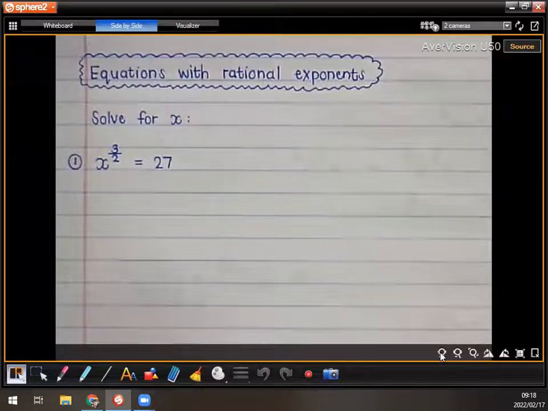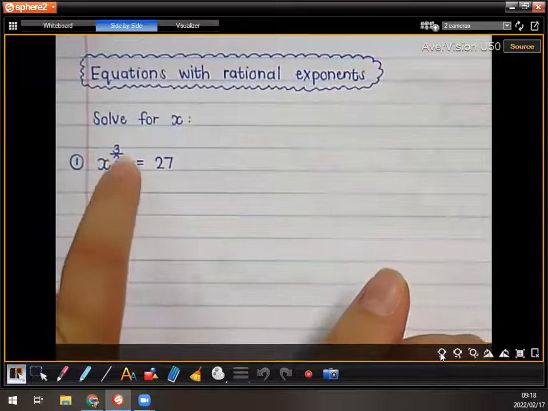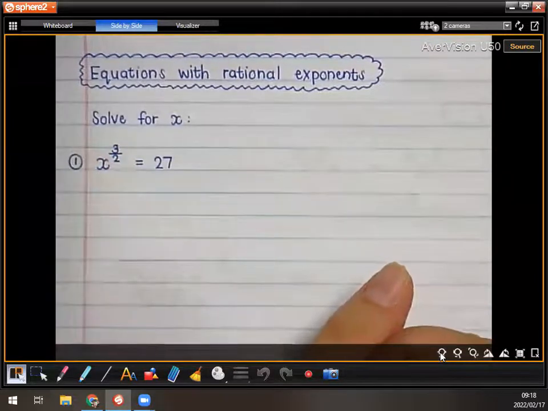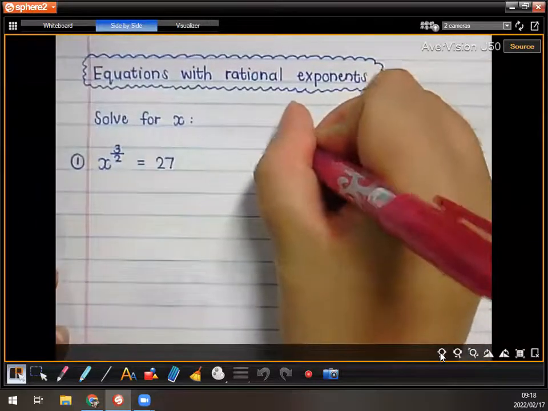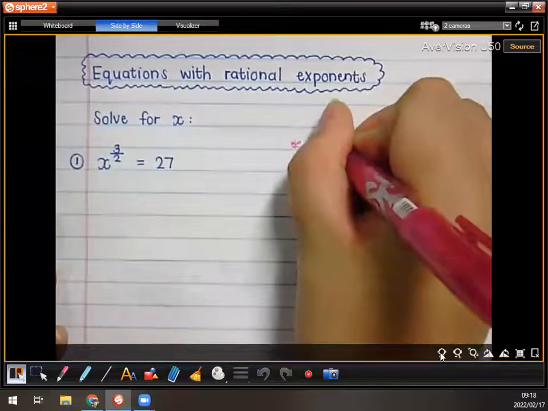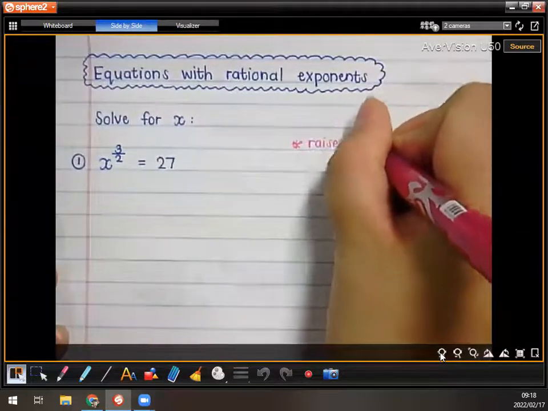Right, guys, you remember when we did surd equations, right? When we had the square root of x is equal to a number, we raised both sides to the power of 2. We squared both sides to cancel out that square root. You remember that? We're going to do a similar thing here. We are again going to raise both sides to the same power, but we need to choose that exponent so that it will cancel out the one that we have. So I'm going to write on the side here. Raise both sides